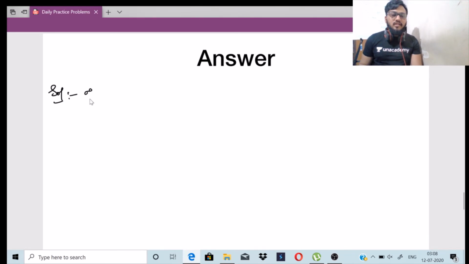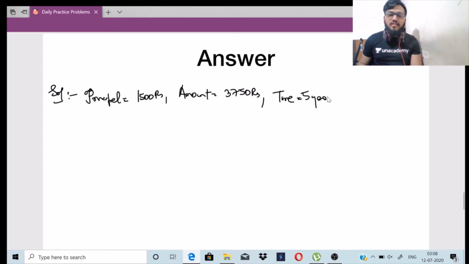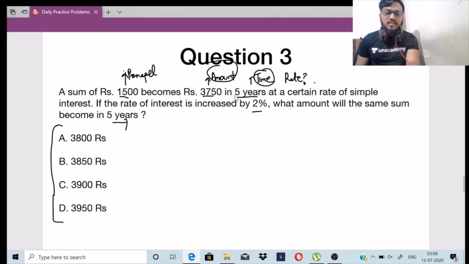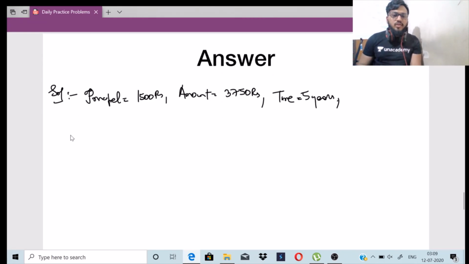Okay, first thing, I know what is my principal, right? What is my principal? 1500 rupees. And what is my amount? It is 3750 rupees. What is my time? Time has been given as 5 years. Have they given anything else? Yes, they have told it is an increase of 2%. So here I know by my formulas that simple interest is nothing but amount minus principal,